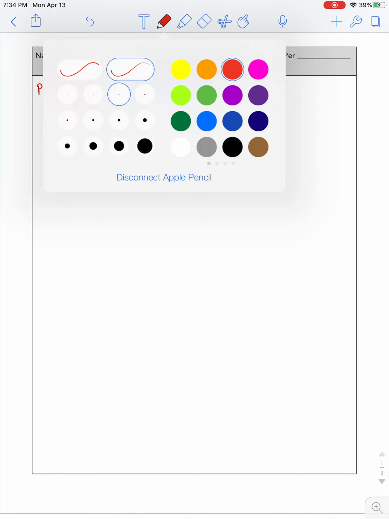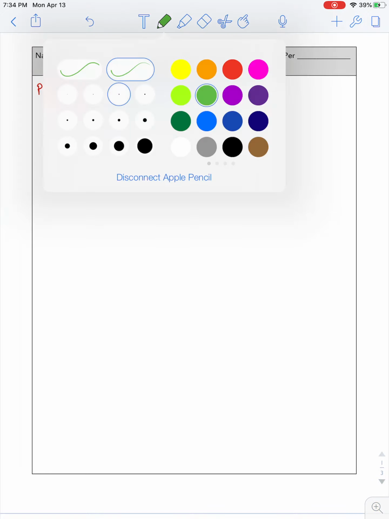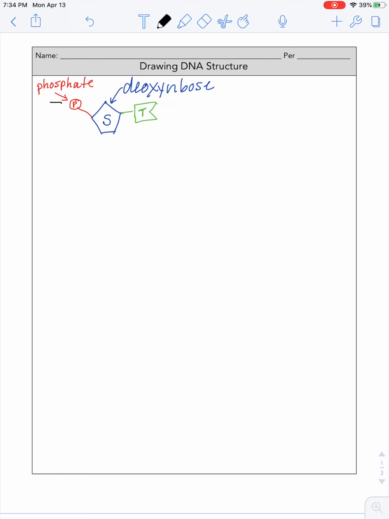And to round out my nucleotide, I am going to choose the first of my nitrogen bases. We're going to use different shapes for this, and I'm going to try and be consistent with the shapes. So I'm going to make this green, and I'm going to say that this one right here is thymine. So thymine has a particular structure, and the entire thing together, this is all the nucleotide. So this entire piece right here is my nucleotide. Now my nucleotide, remember, is my monomer,